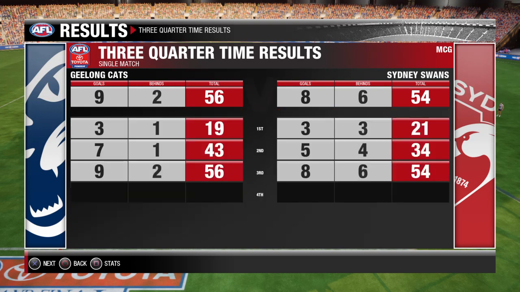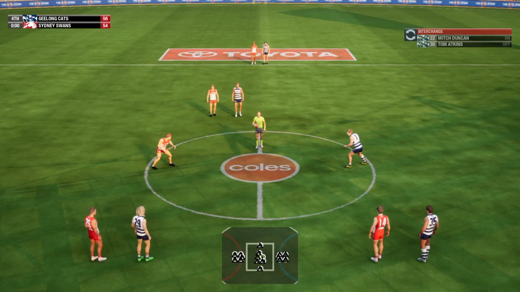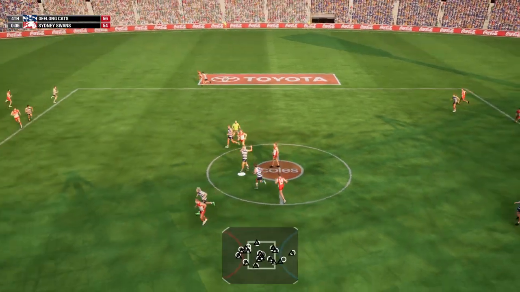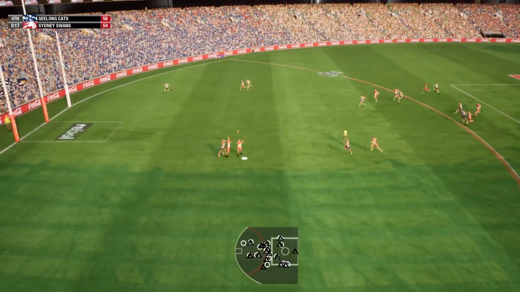Well, I didn't say so, but that is massive. That quarter was massive. The last couple of minutes in that quarter are massive, but the Cats have edged their way in front in the inside 50s. They did own that quarter for inside 50s, but the Swans were lucky to come back late in that quarter to make it only a 2-point deficit. But the game is on here at the MCG for the final quarter. Here we go, and of course after this quarter, the winner of the 2022 AFL Premiership season will be announced,